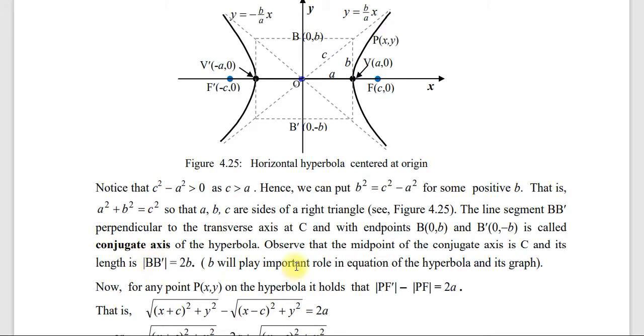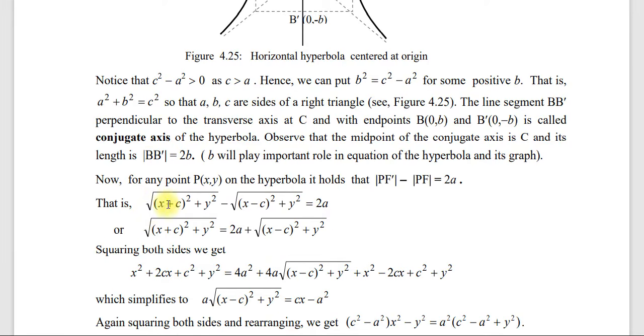b will play important roles in the equation of the hyperbola and its graph. ስለዚህ b ትልቅ የሆነ ወይም ከፍተኛ የሆነ ሚና አለው ማለት ነው የሃይፐርቦላን ኢኩዌሽን ድራይቭ ለማድረግ።